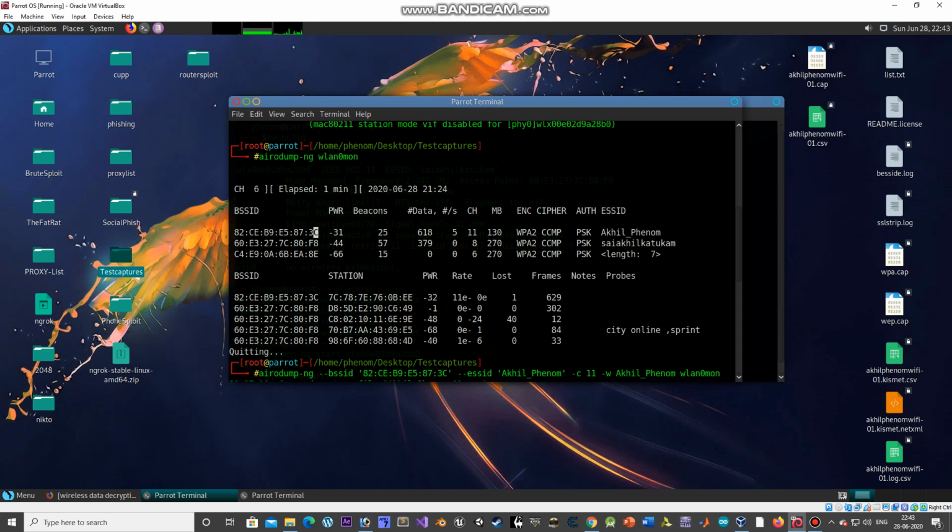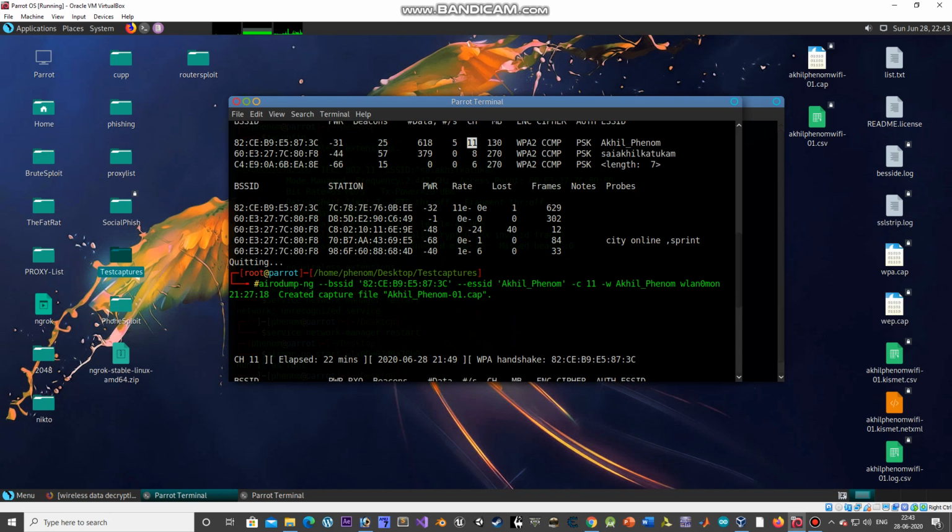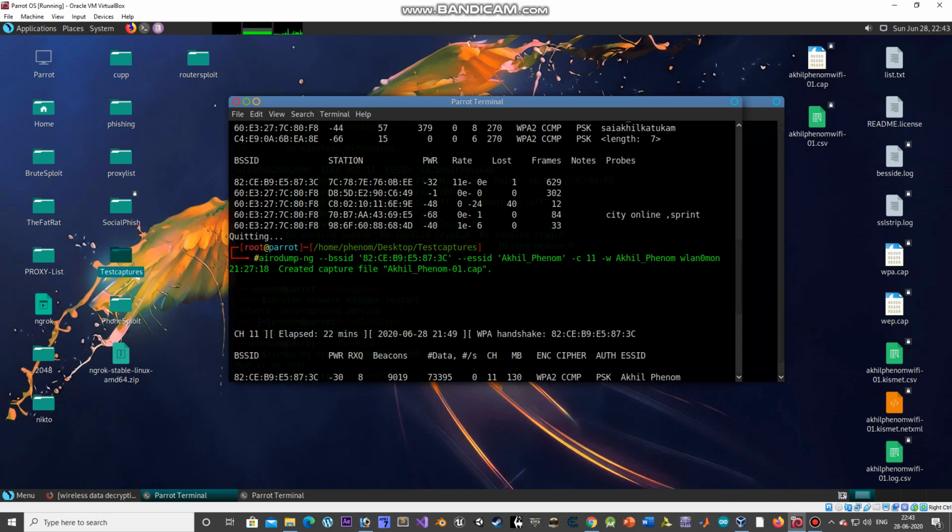Note its BSSID and the channel, and then we have to type in another command named airodump-ng --bssid, copy and paste that MAC address, then --essid and the name.